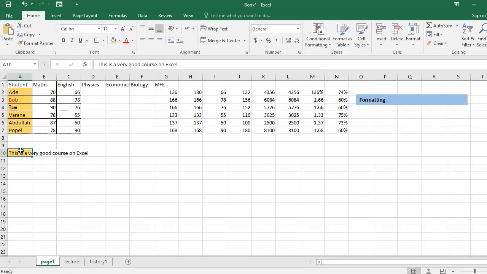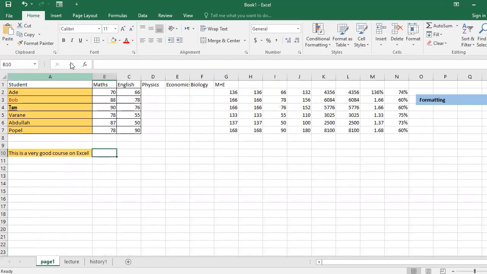So you see that the content here, it is as if it is sliding to column B, but no. If I click on column B, B10, you see that the formula bar is empty, there is nothing there. This content, this is a very good course, is only in A10, not in B10. It means that I can't see everything. For instance, if I double click this, it's going to extend that. Then if I reduce this,